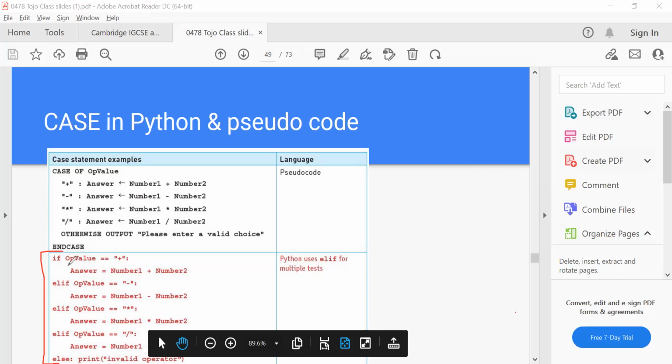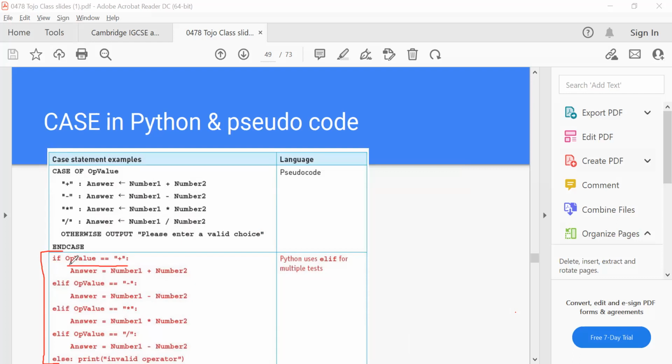So do you see now how he tests for equality? He has a variable called op value, and he tests if it is equal to the plus sign. So what is the type of variable op value, in your opinion? It's a string.